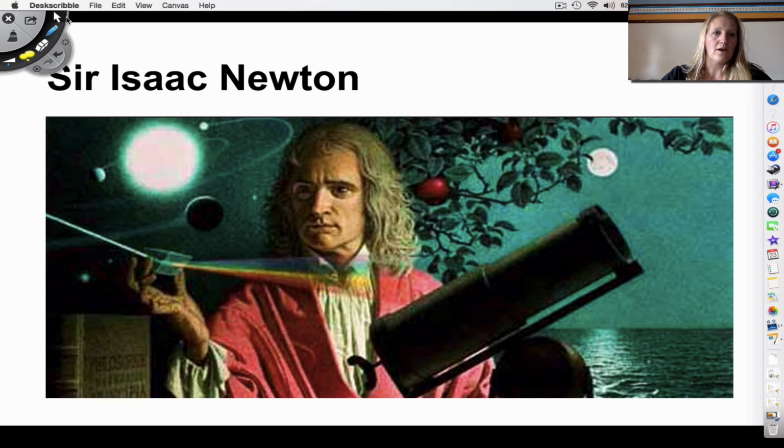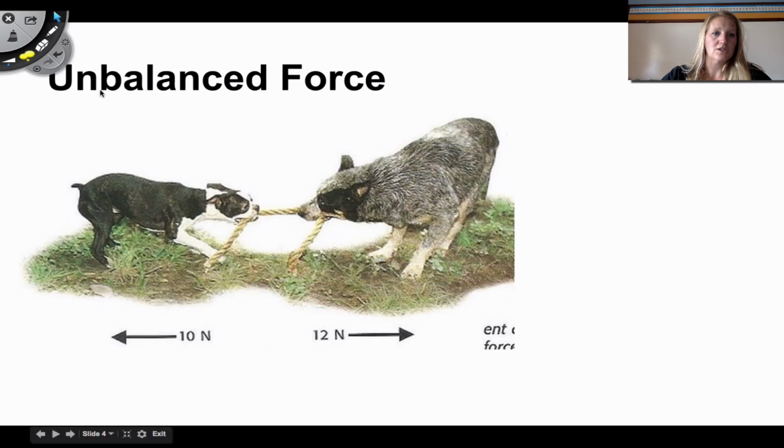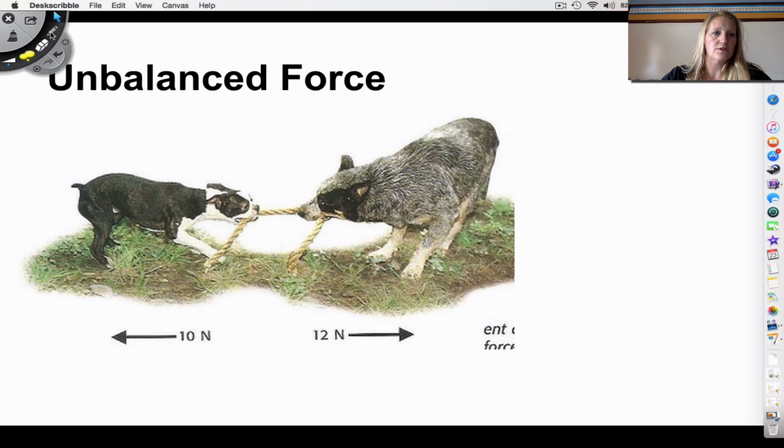So how do we calculate force? We have to get into calculations a little bit. In general, if there is an unbalanced force occurring, like we just saw with my stick figures, two very strong, healthy dogs, but one of them just happens to be bigger and stronger, what we would do is calculate the force. So when two forces are acting against each other,